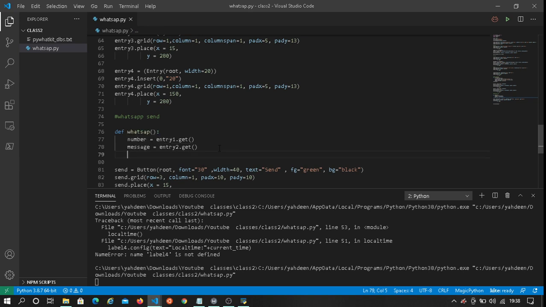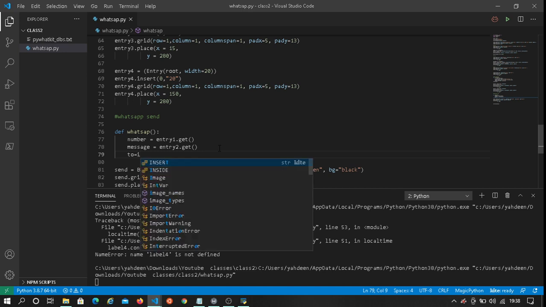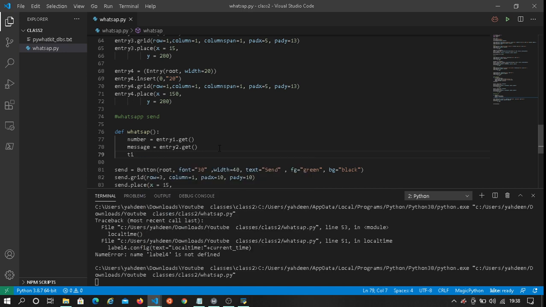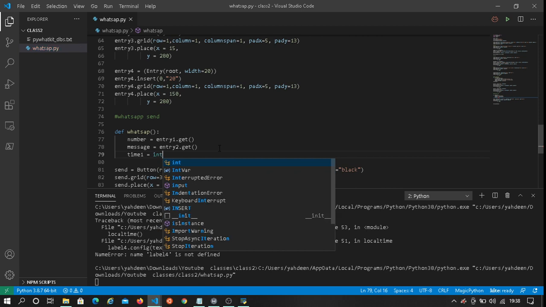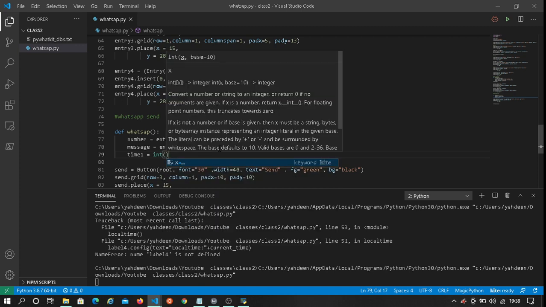So message, now let's get the time. Time 1 equals to. Now here, these values in this library that you're using to automate the sending of messages, the time values need to be integers. So we need to specify in Python that it is int, so that Python knows that that's an integer.